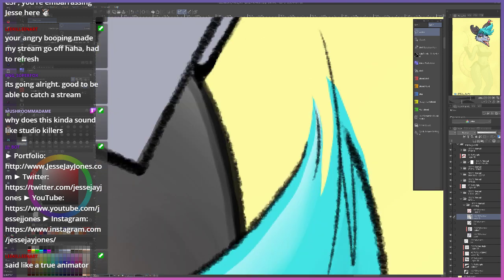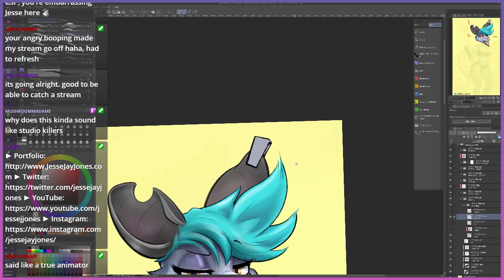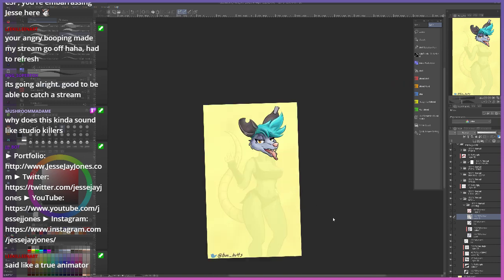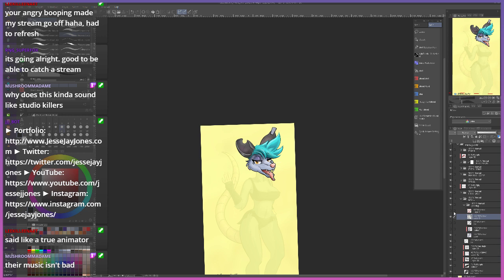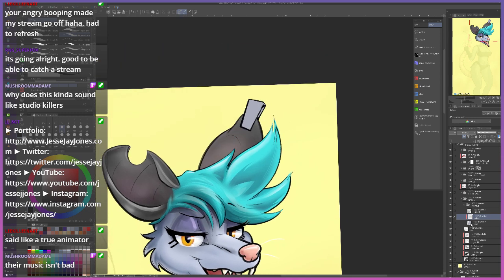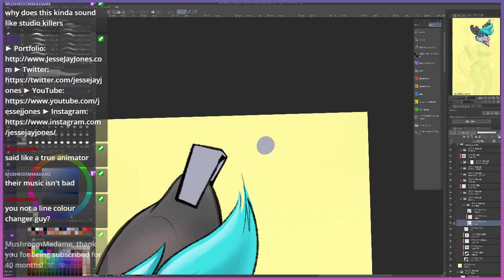Then we need a little bit more outline on the side here. Spoken like a true animator. The best of all the artists. It's gotta be said. Okay, I like how that looks. I'm happy with that shape. Let's delete all of our extra layers here. Clear this out, start over. And let's make our little palette here, our cheeky little palette. So here's our base color. Since it's metal, the highlight's gonna be...